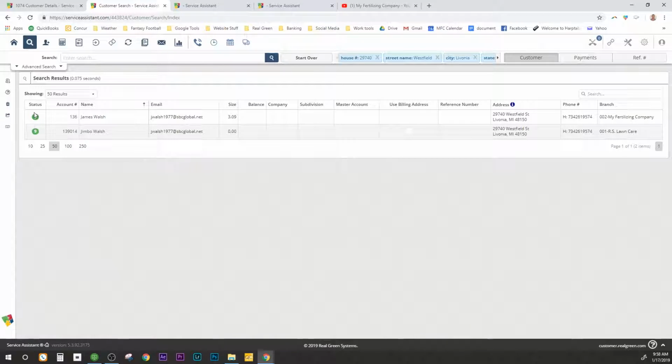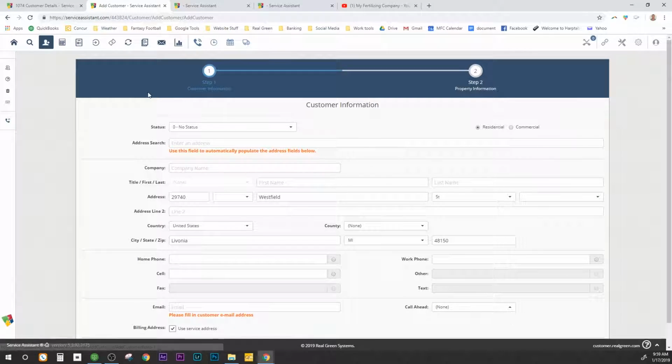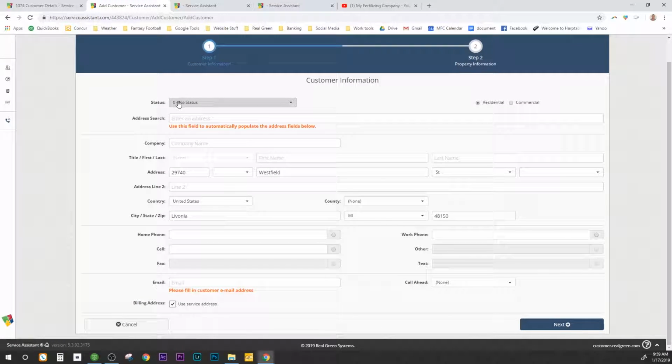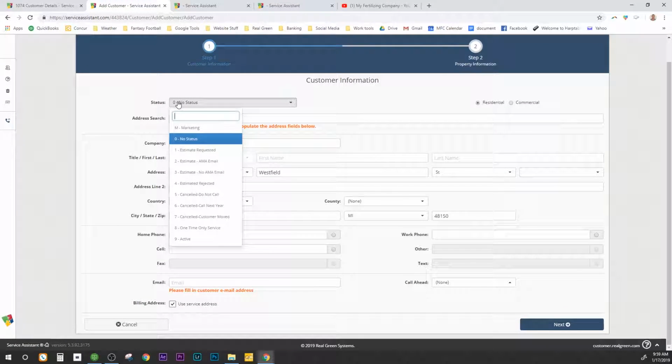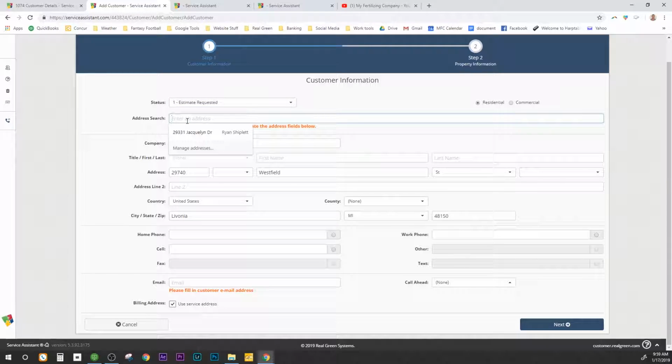We look here, and these are some test accounts that we have, but we have a couple accounts for this address. But let's pretend that we don't have any information on this account. What we're going to do is go up here to add a customer, and then it brings up a new screen. So right now we're just going to say this guy wants a quote. So estimate requested. Now we're going to put the address